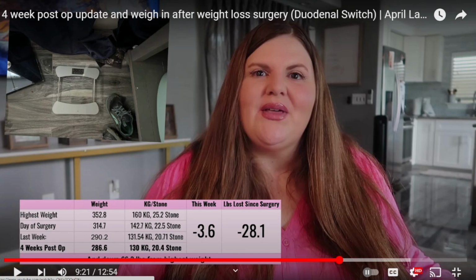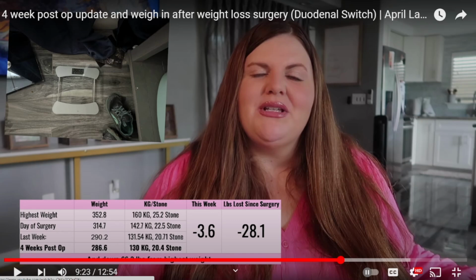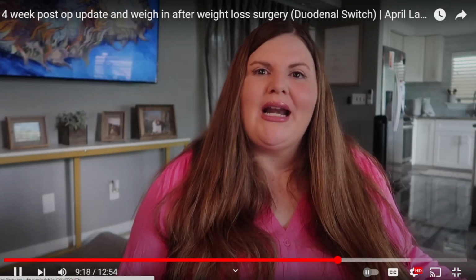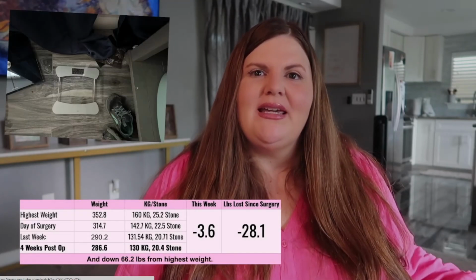I would say until she's in the 240s, like between the 230s to 250s, she could probably consistently lose 2.5 to 3 pounds a week. Don't you think? That is 3.6 pounds, especially once she can exercise more. This morning I weighed in at 286.6, so that is 3.6 pounds down this week,